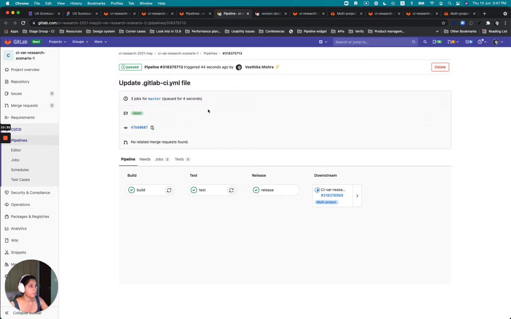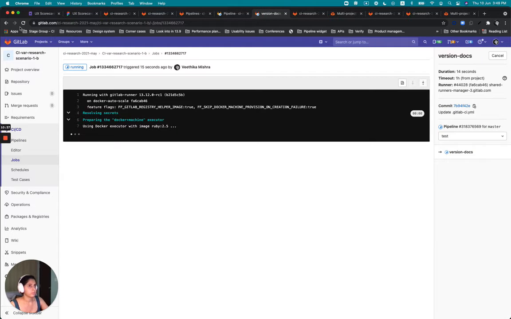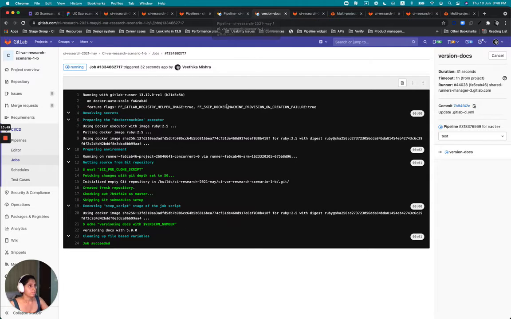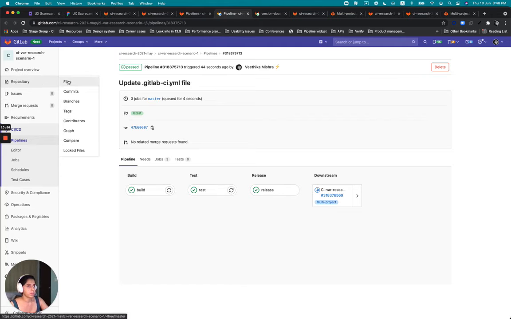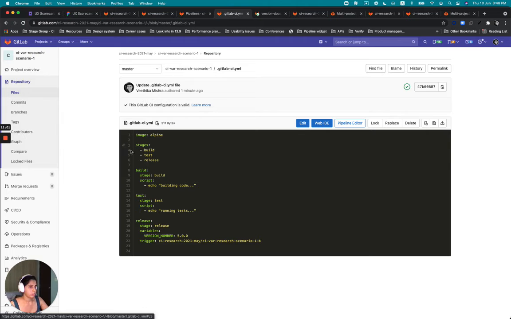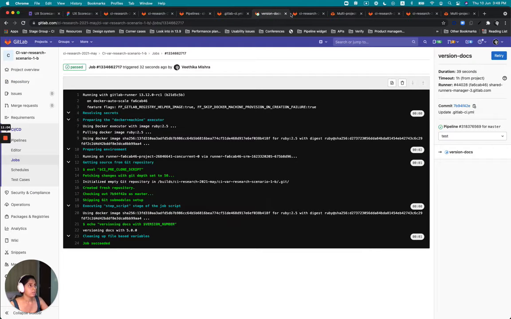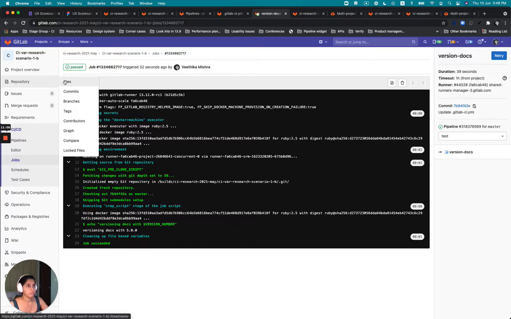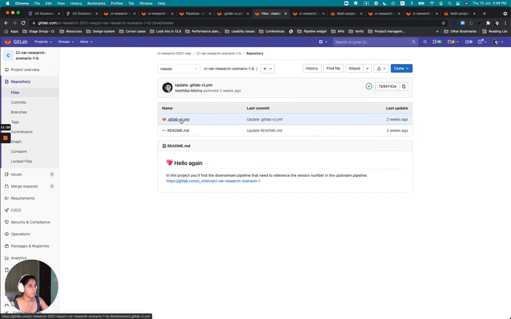Okay, now I need to wait for it to stop running to see whether or not whatever I had intended to do was accomplished. This says 5.0.0. Let's see if this is the value that I had put in the pipeline here. Yeah, that's correct. Now, while we are on the downstream pipeline, let's also have a look at what's happening